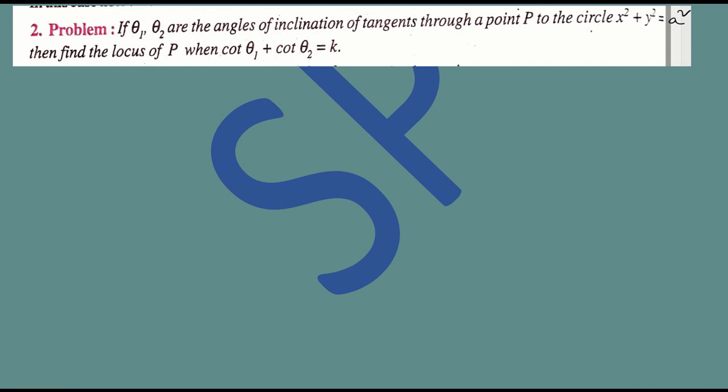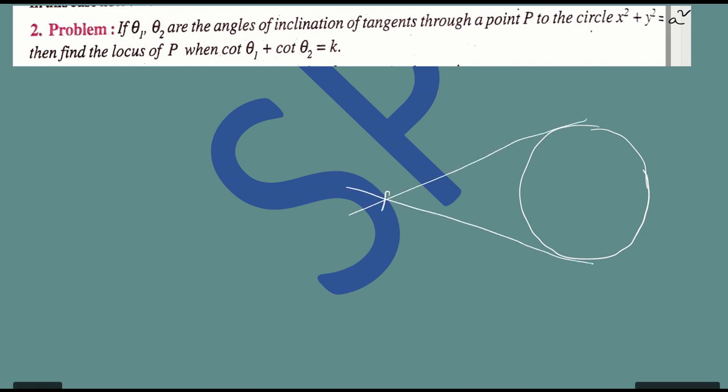You see here in the problem, he is talking about locus of P. What is P? You see, you have a curve. I don't care what the curve is. In this case, it is a circle. See, through P, we are drawing two tangents. Now, you are asked to find locus of P. What is P here? It is the point of intersection of tangents. Its locus you want.